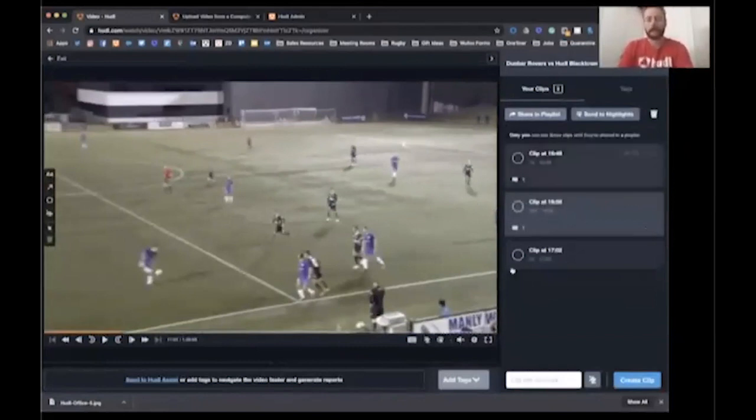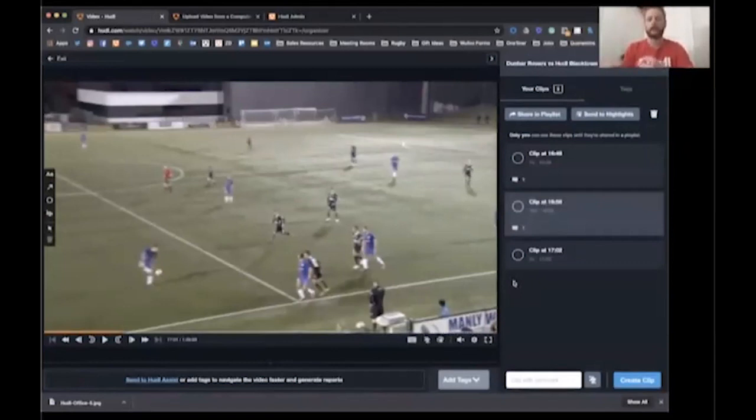And then the last part of this process, really, that's quite powerful, is then to share this playlist to, like I said before, individuals or groups. What this does is it reduces the amount of time that the players or other members of your staff have to watch, rather than sending them a game video and saying, hey, sit down and watch this 90-minute game and tell me what you think.